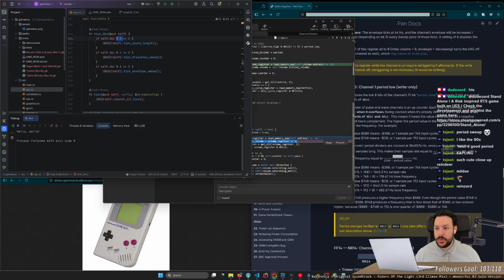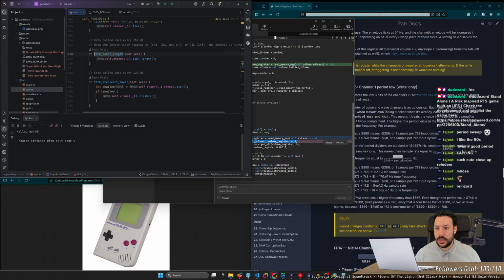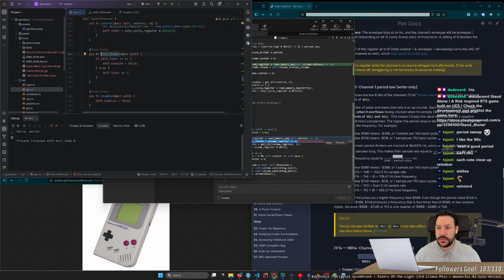Okay, I think I kinda need to figure out this tick length.